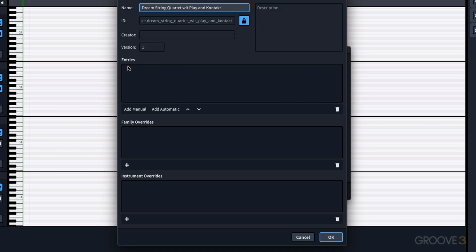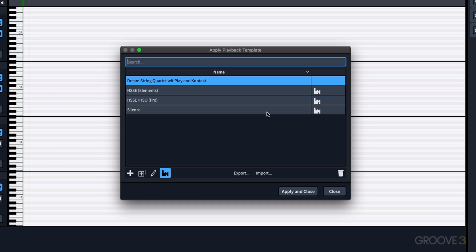Now we want to add some entries. So we have two choices. If we go over to Add Automatic, we see a menu with our factory playback templates. If I go to Add Manual, I'm going to get a list of the endpoint configurations I've created. It's my contact solo cello. Additionally, I have the play viola I created earlier. Two separate instruments I can bring in by themselves, or I can bring in the combination that I created, the Dream String Quartet. So if we do this and hit OK, you'll see it now shows up in the list,